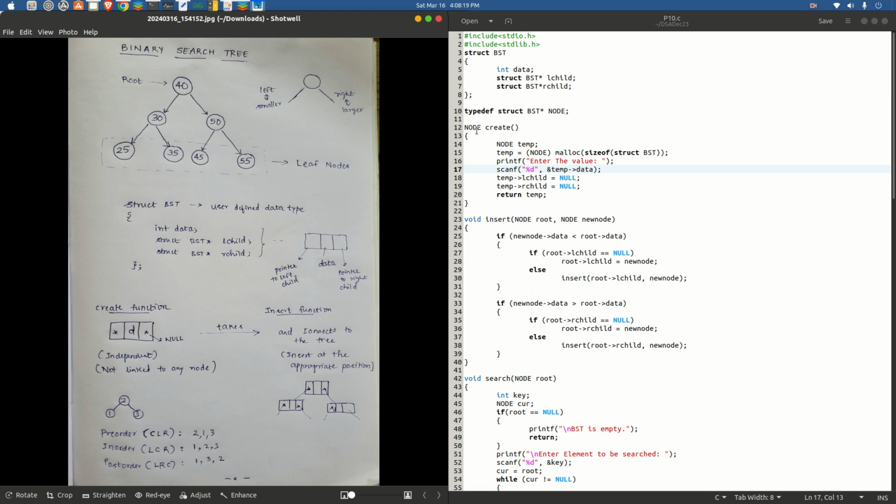So we are creating a function just like any other function. We will want a data type. So here node is a data type, but remember, it is a data type of a pointer. So node is struct BST star. Node create. Create is the function name, and as I already said, it just creates a node or creates an entity. Inside node create function, we create a temporary pointer called temp, or create a temporary node called temp, and